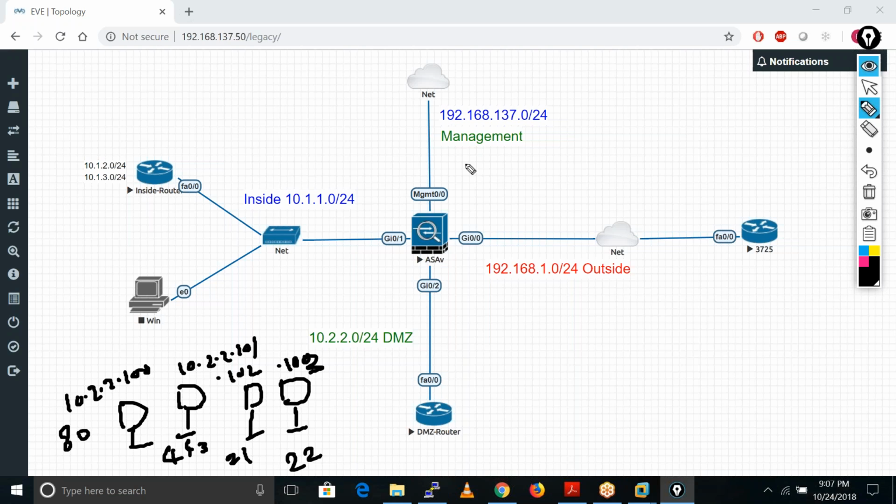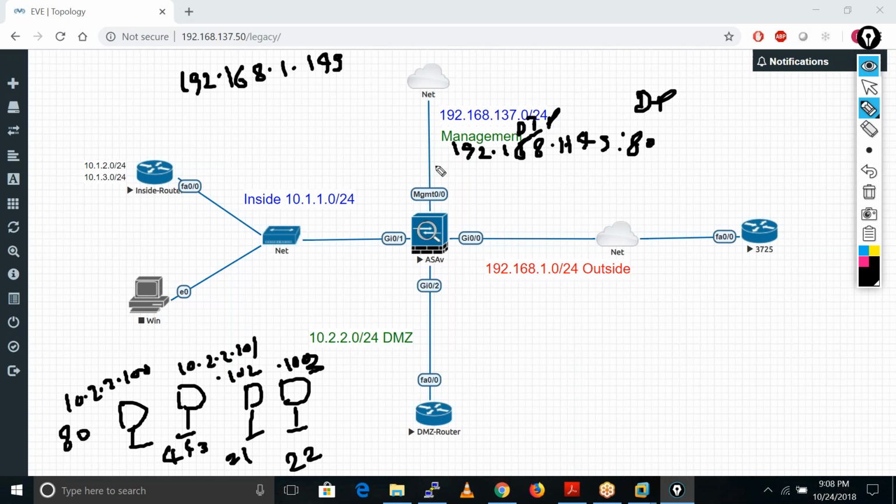So now, how will patching work? Let's suppose this is our public IP address, which is 192.168.1.149. When our ASA firewall receives the request on this IP address 192.168.1.149 on port number 80, this is the destination IP and this is the destination port.